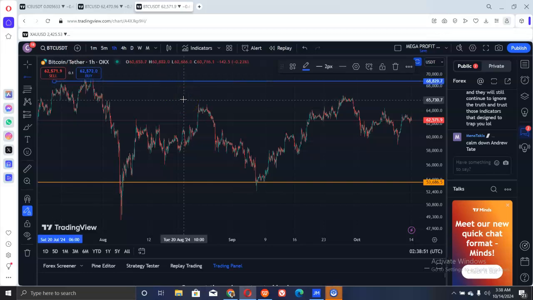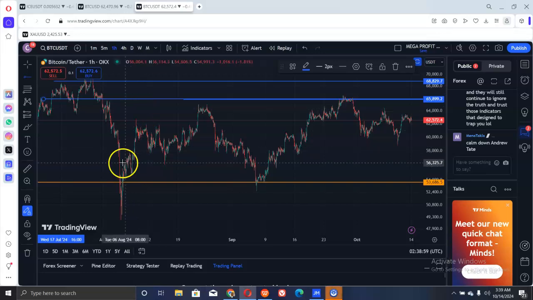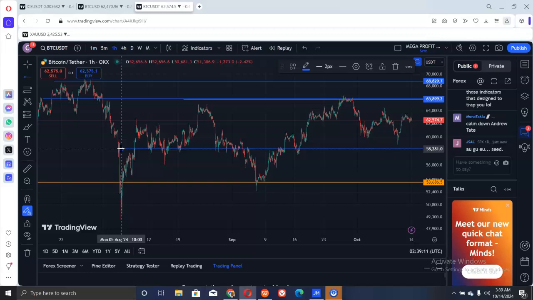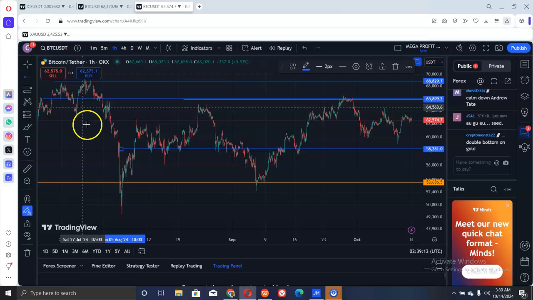This is a key level of support. You can see. Now another key level. Before trading, this is what you do. Okay. Then what do you do next? What you do next is,